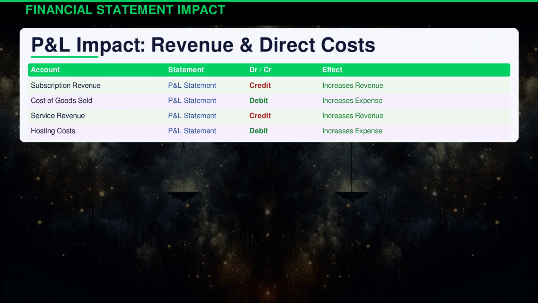For SaaS companies like Zoho, subscription revenue is a primary income source, credited when services are billed. Service revenue boosts earnings through additional charges like consulting. Direct costs, such as COGS and hosting expenses, rise as they are essential for delivering services. These expenses are debited, impacting gross profit. Monitoring these metrics helps management evaluate the cost-effectiveness of operations and pricing strategies, critical for maintaining profitability in a competitive